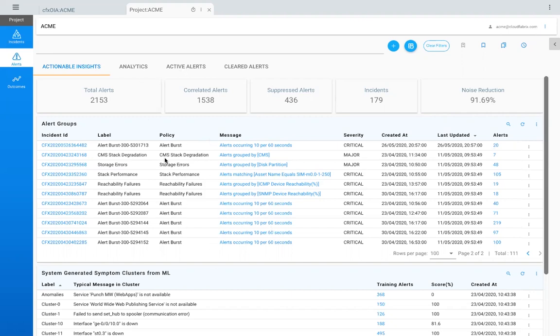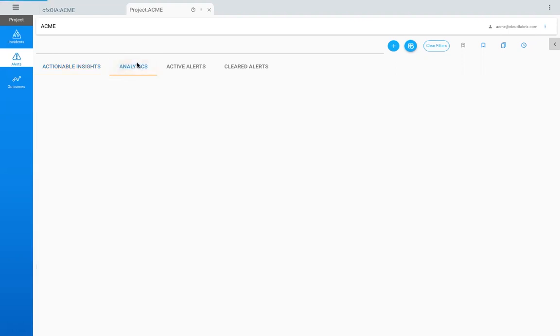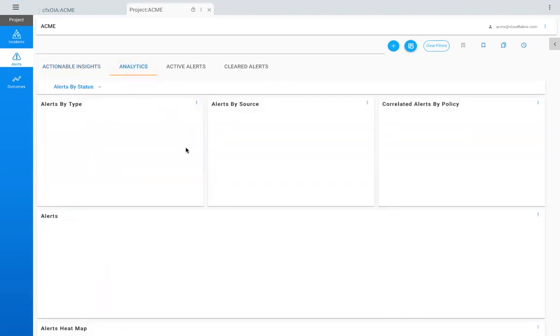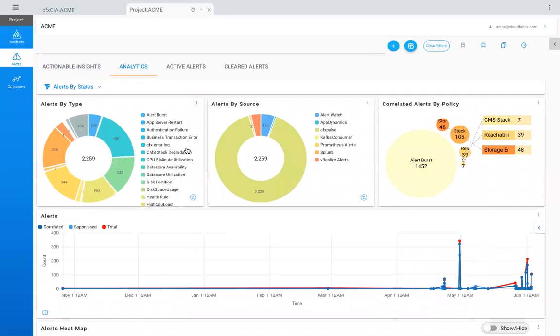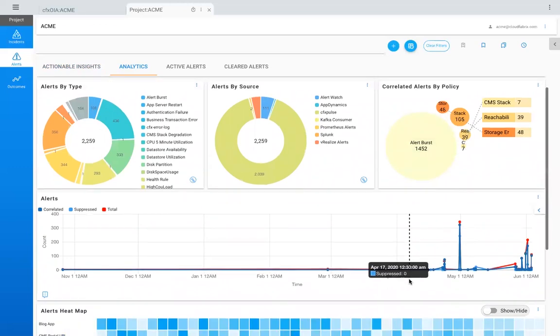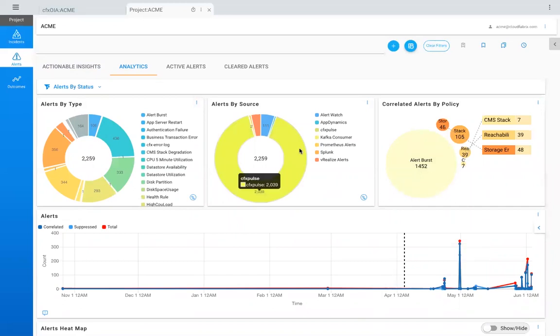And we will get into how we create the correlation policies and how we got into the ingestion. We'll quickly see it. But before we get into it, you also need to make sure that you have good analytics. You need to understand where alerts are coming from and which correlation policies are being active, so you can continue to fine tune it, making sure your correlation policy is effective. Somebody has to keep an eye on it and fine tune the system. But again, as much as possible, you need to make sure your AIOps solution has these recommendations coming through continuously, to train on your historical data.